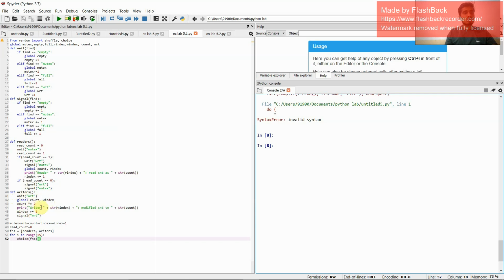Count into or equal to 0, print of writer plus a string of index and modify to string of count. Index will be incremented, and signal of WRT and mutex is equal to 1, and read count is equal to 0. And the definition of a reader or writer for I